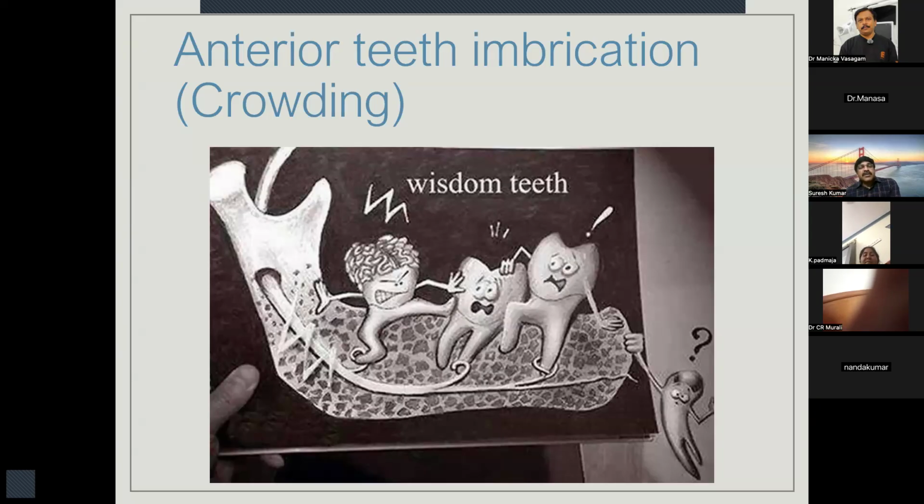I didn't do anything. So this is one of the rare indications. It can be caused by your wisdom teeth. When the wisdom tooth or the lower third molar is trying to erupt into the oral cavity, when it does not find good space, it will use the ramus as the fulcrum and it will try to push all the other teeth in the forward direction. So at the time of eruption, you will suddenly see there is lower anterior crowding. This is not a very common scenario, but this is possible.